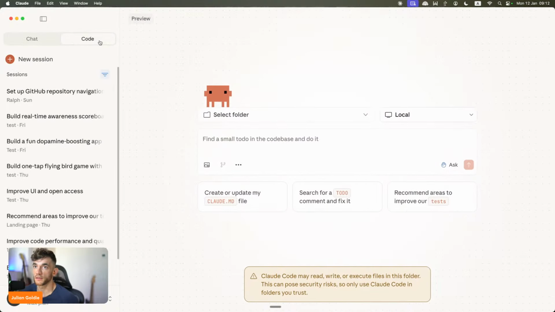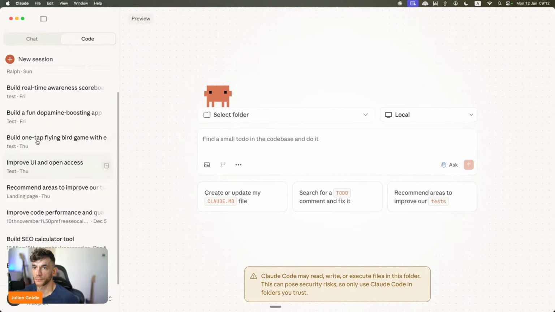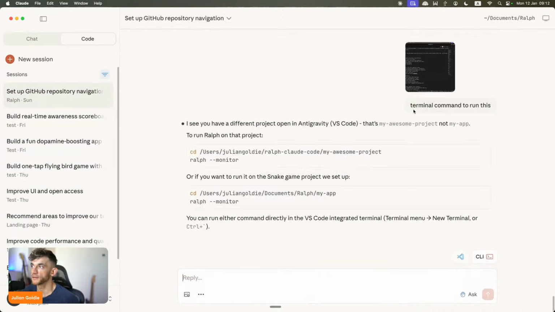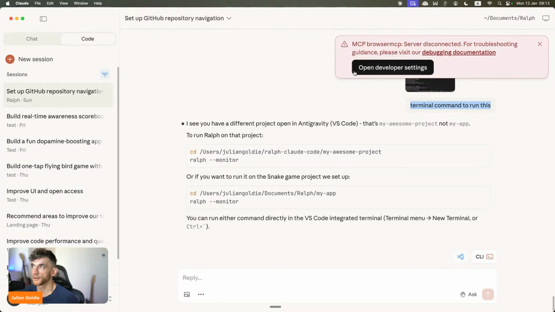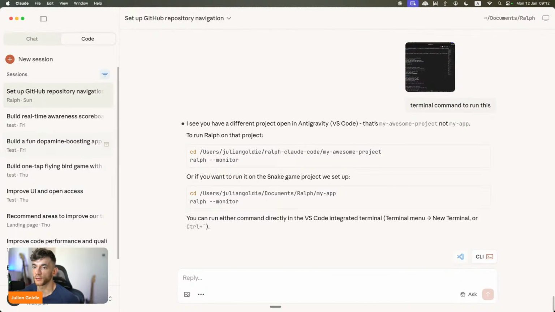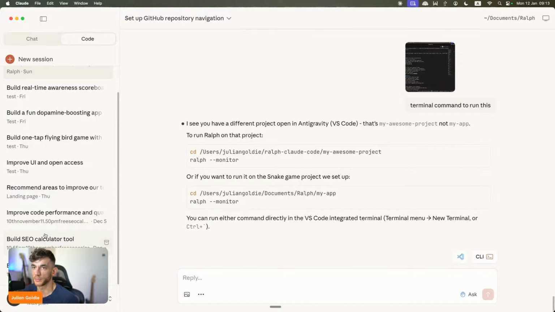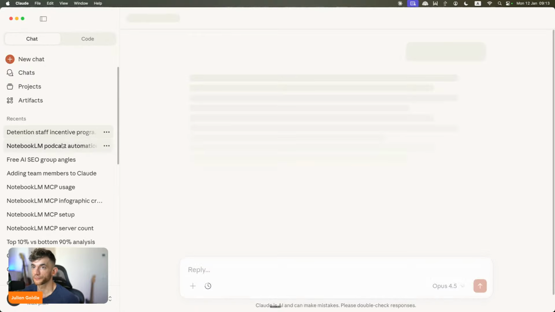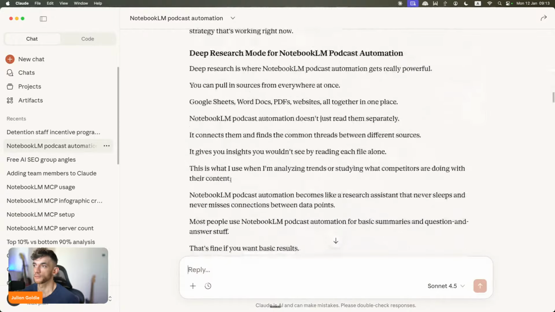The other option is that you can go to, for example, Claude Code inside the desktop. And then any sort of GitHub repositories you want to set up, you just go inside Claude Code and say like, set up this or build this, etc., and install this. So if we go back to the chat now,